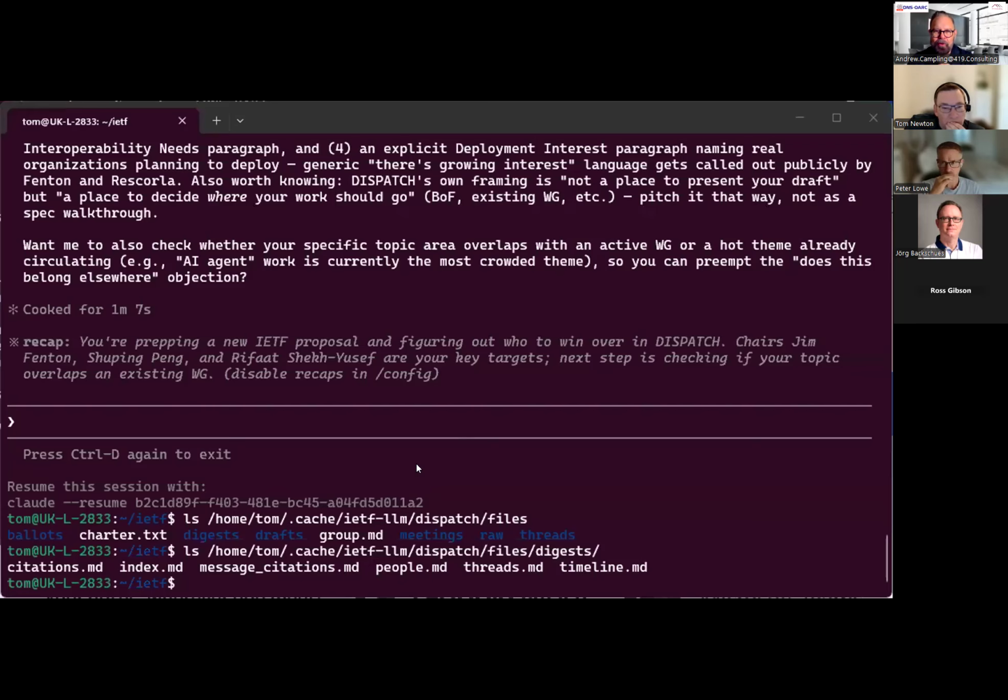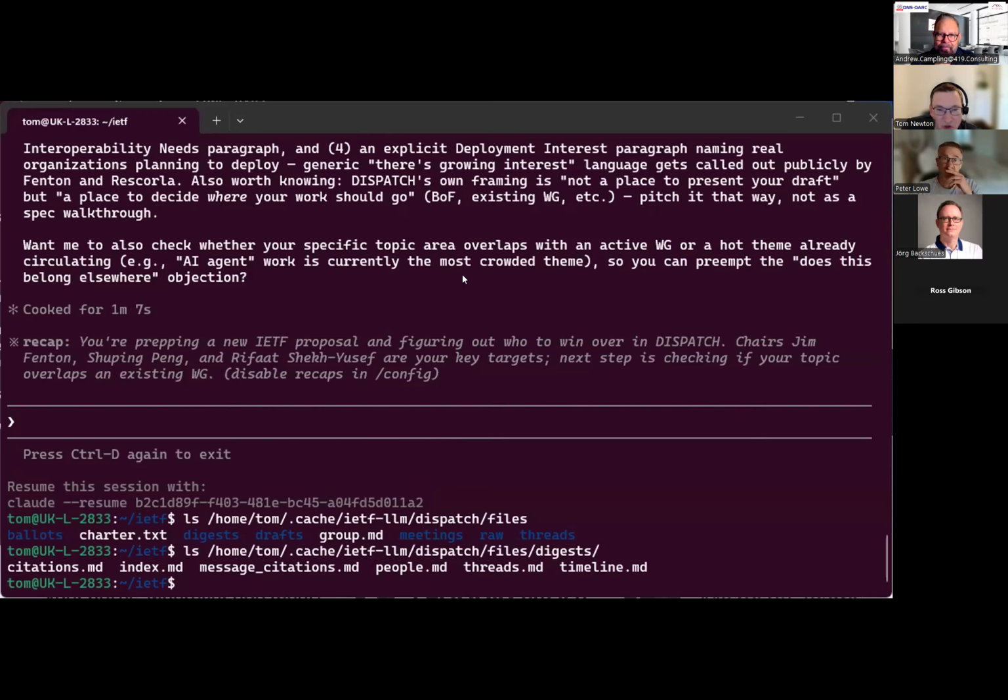Have you noticed, I don't know if you've used it extensively enough, any hallucinations or anything like that? I'm not sure I'd notice. Maybe that's a useful, helpful warning, isn't it? If you're asking it to summarize what's happened in the TLS working group over the last 12 months, you wouldn't necessarily know what it made up unless it was so out of context it was obvious. So that would be the risk if you're leaning on it too heavily.